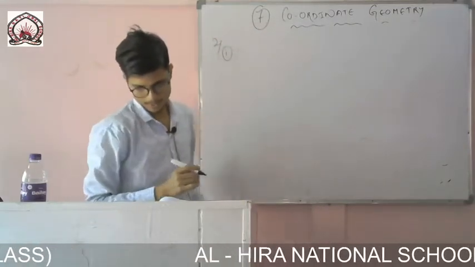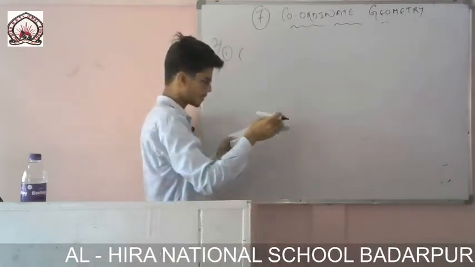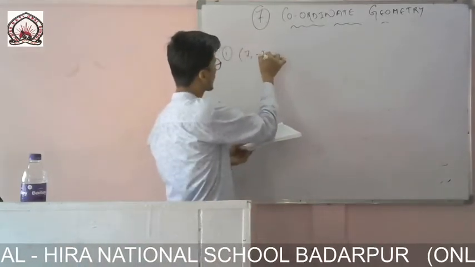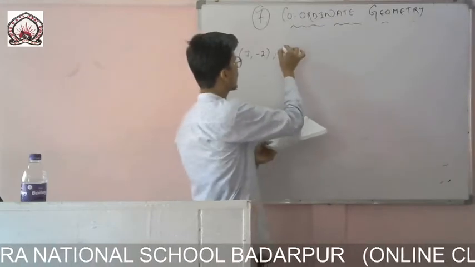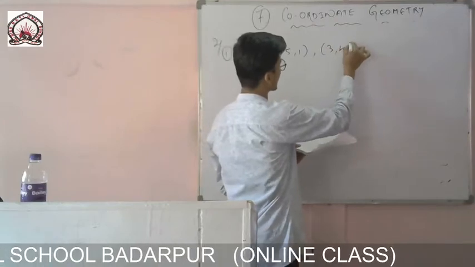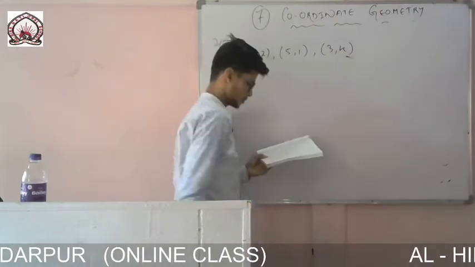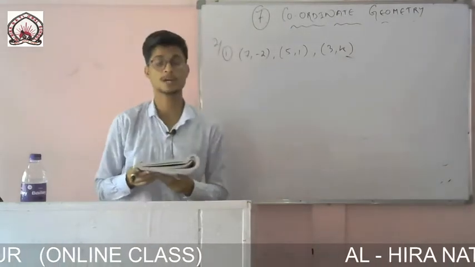Question number 2, Roman number 1. The vertices are given, with coordinates (7, -2), then (5, 1), and the last one (3, k). The question is to find the value of k. Okay, so here the condition is given that the points are